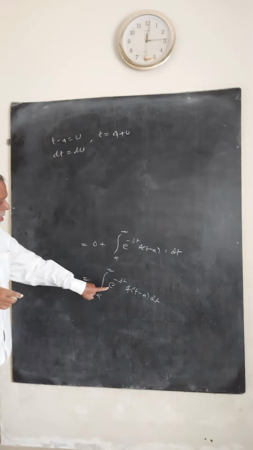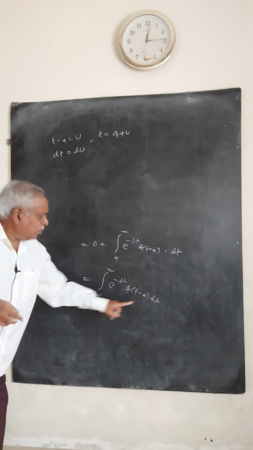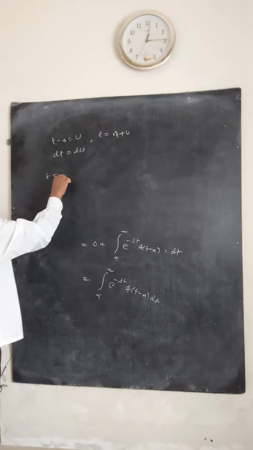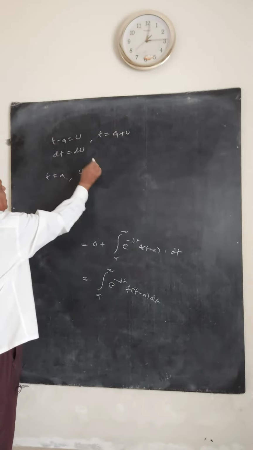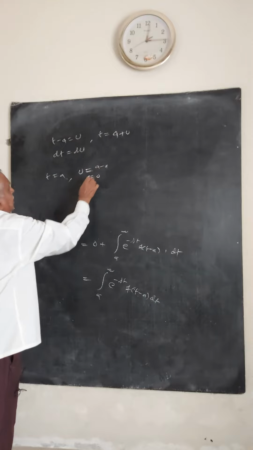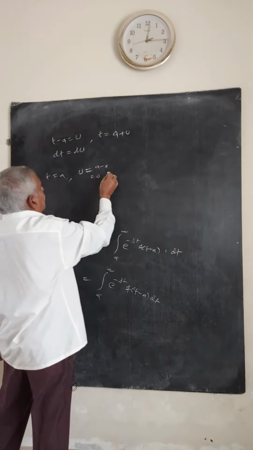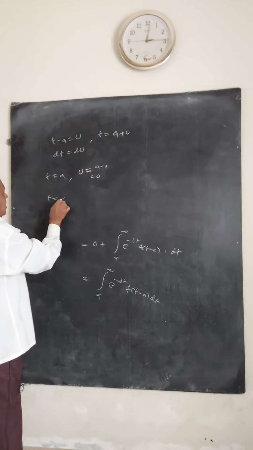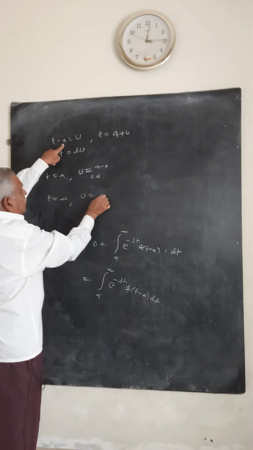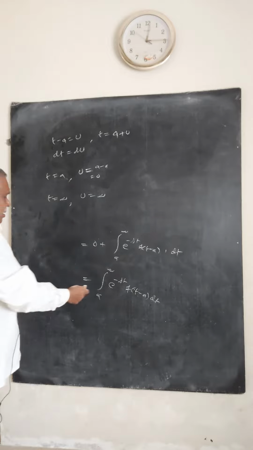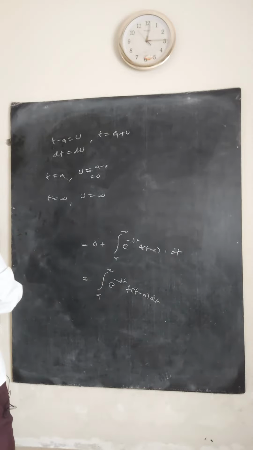When this is an integral with respect to t only: when t equals a, u is a minus a, which is 0. When t equals infinity, minus something same infinity, u is also infinity. Applying this limit and changing into u,